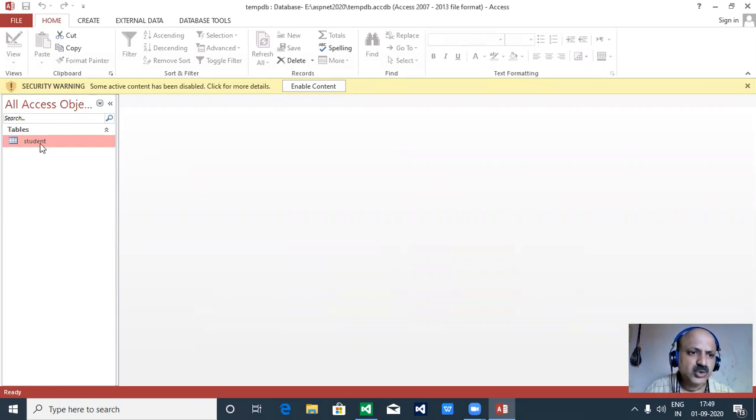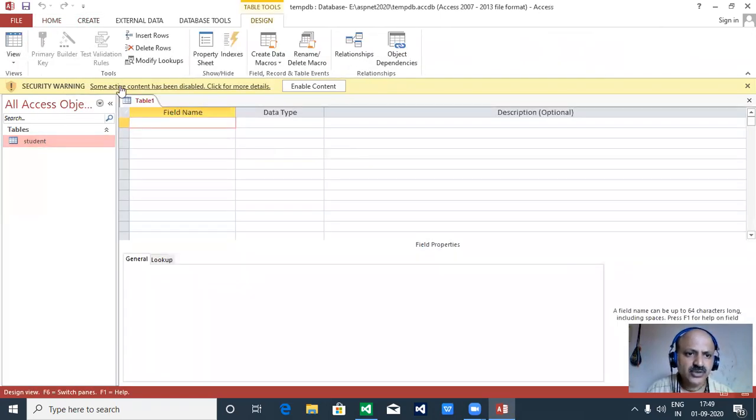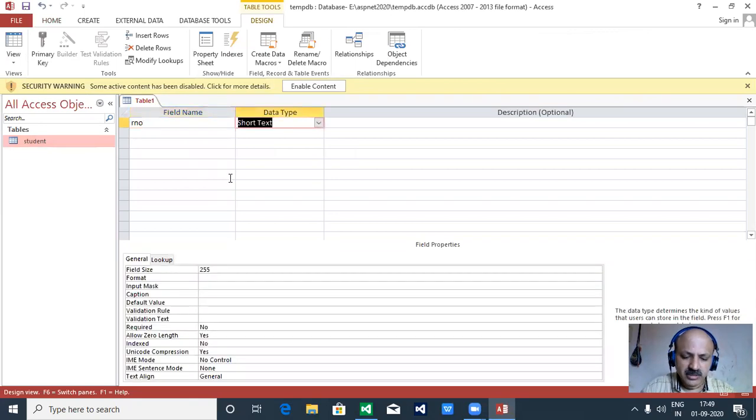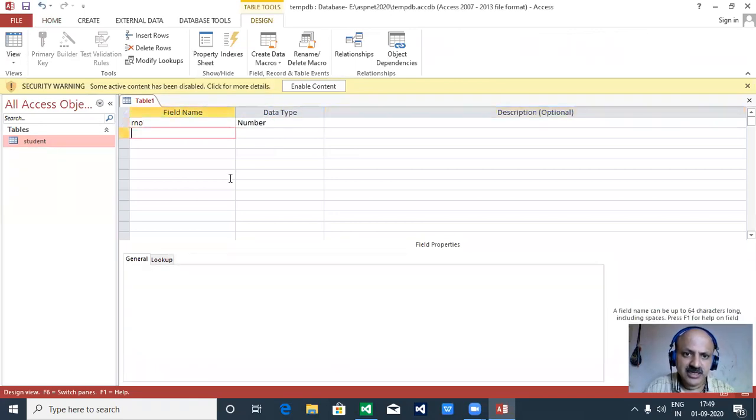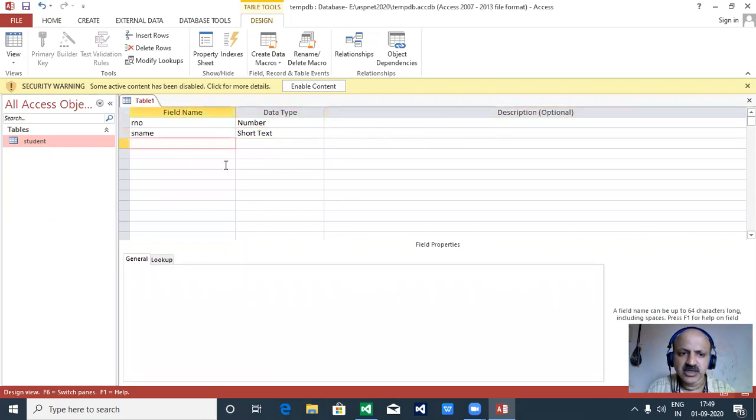Okay, and here student is there. So here create new and table design. I take the menu Create and Design directly. So here RNO, roll number, with Number as the data type, and here you can also provide a description, and SName, student name. Yes, Short Text is the data type required for text, and here you can provide the student name. That is the optional part, but in a project done in ASP.NET as a website, you can provide it, and the documentation part is very important.